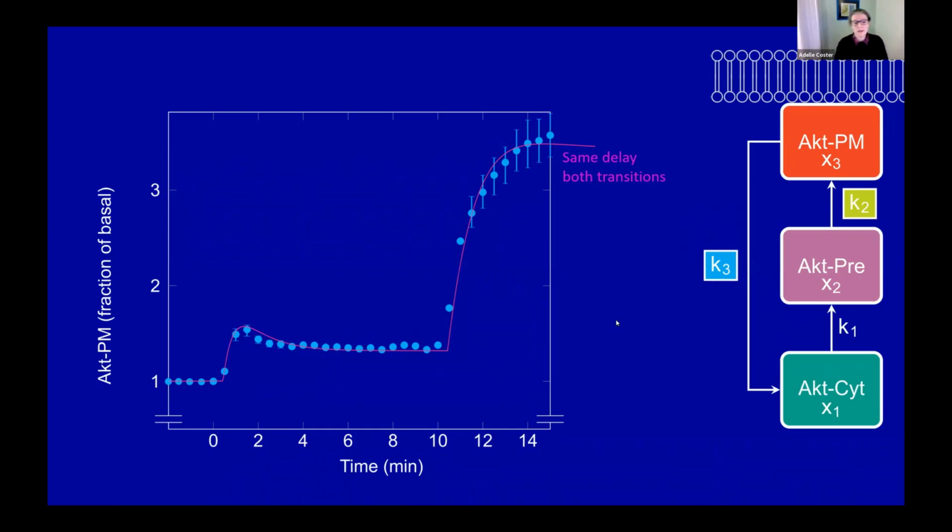Now, this is our first hypothesis. What if that delay is due to the experiment? Okay, so the 0.4 minutes is because you're dropping insulin on, it takes a while for things to change, and then it's got to go down into the cell. Well, the 0.4 minutes absolutely fits that first rise beautifully. That's where we got it from.